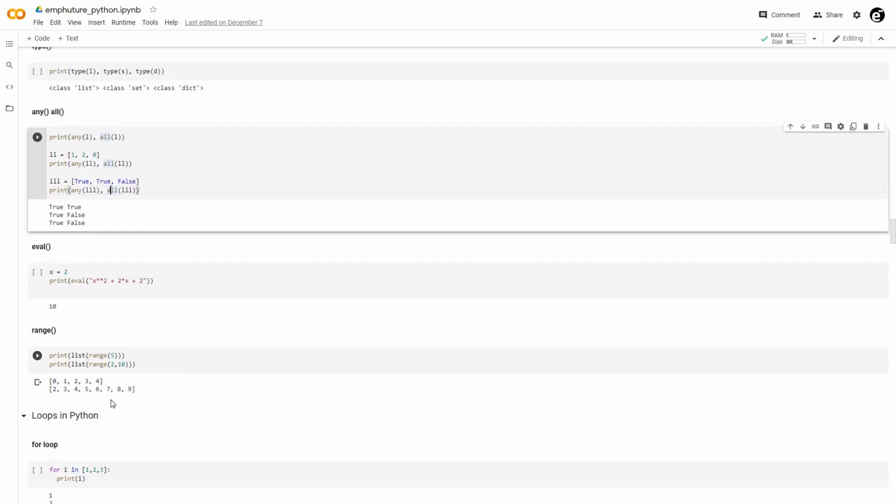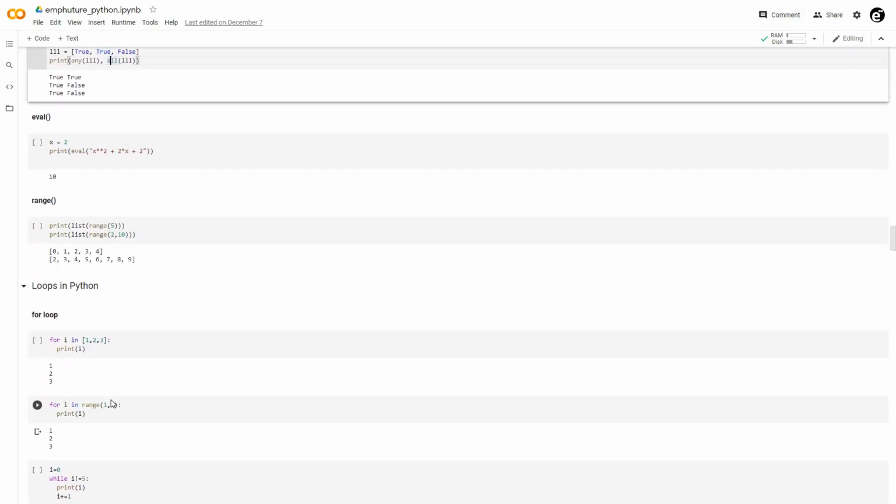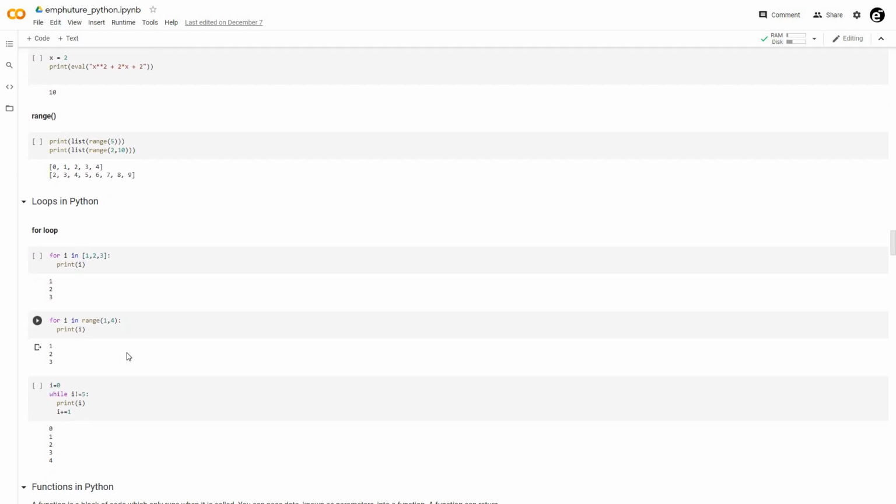Then we have loops in Python. Here we always give an iterator object like set, tuple and string. If we give a dictionary here, it will iterate over the keys of the dictionary. And we have a while loop. It is just like any other programming language, so I'm not explaining it right now.